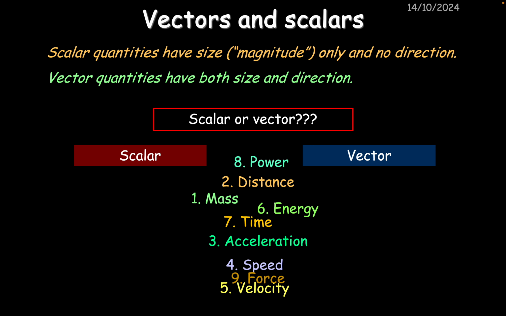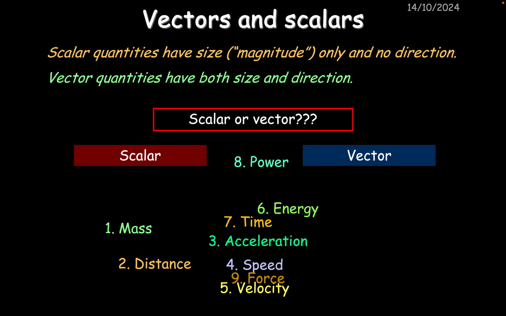And this is a quick revision of knowing which quantities in physics are vector quantities, having both size and direction. Another scientific word for size is magnitude, and which quantities in physics do not have any direction? So number 1, mass, has no direction. Number 2,